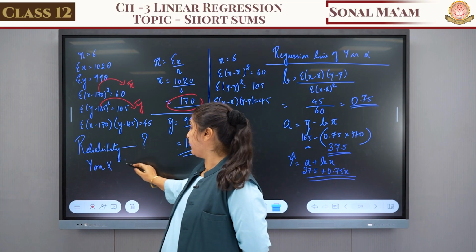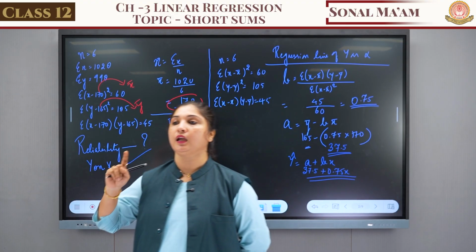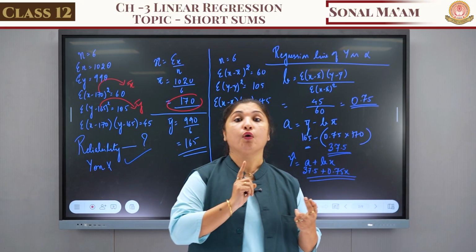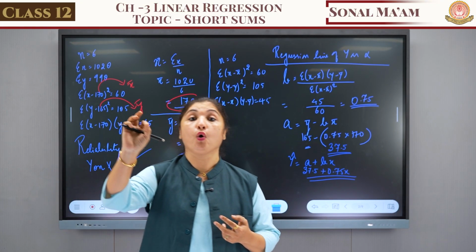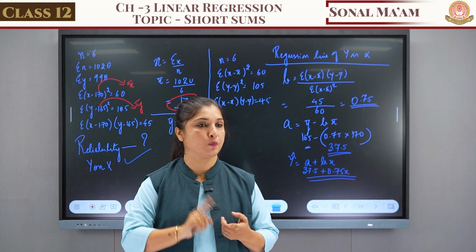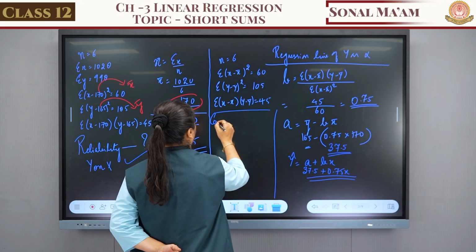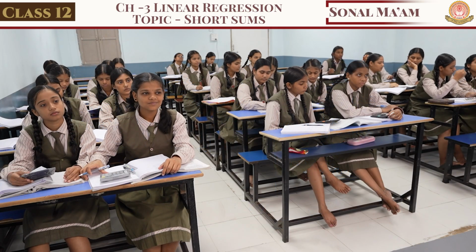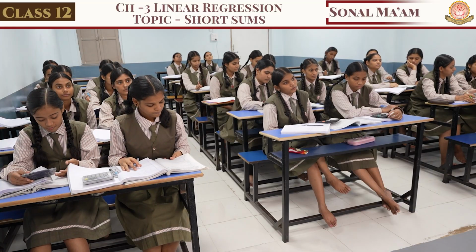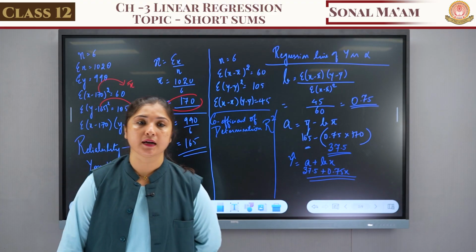This question was divided into two parts. The first part was y on x, and the other part is also given to check the reliability. Whenever in a question it is given that we have to check the reliability, we have to find the coefficient of determination. Whenever a reliability check has to be done, we have to find the coefficient of determination, and we denote it by capital R square.